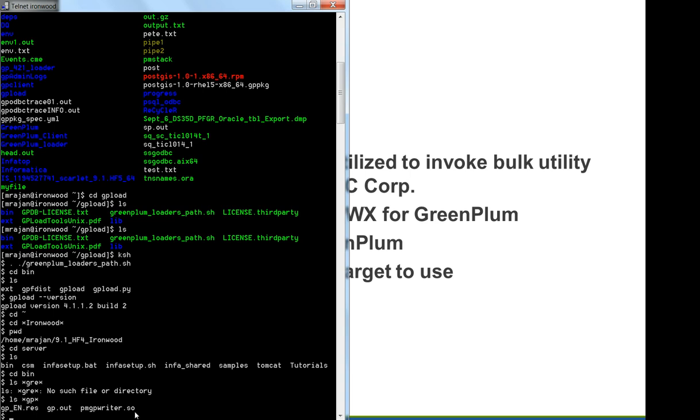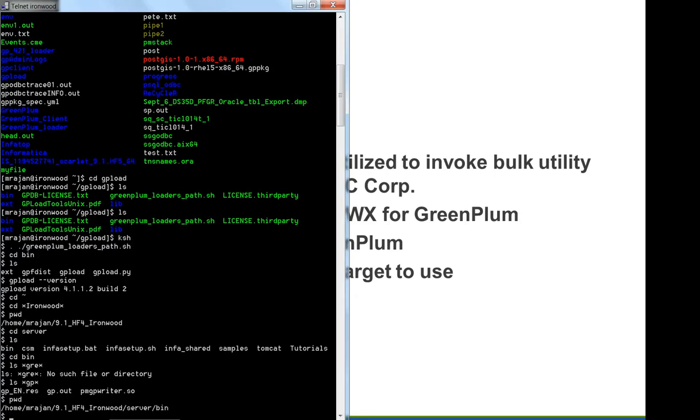These are the two files which get installed in this Informatica server bin directory. And also